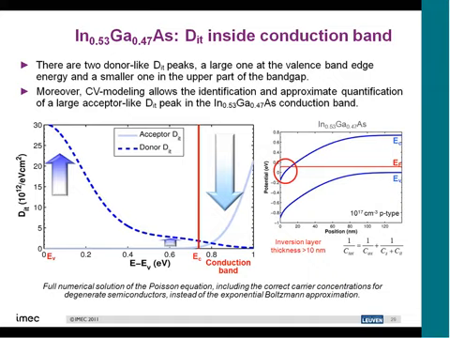III-V materials have lower density of states, which means that if you want to make an inversion layer in a III-V material, you do not have to move your Fermi level just up to the conduction band. Actually, you have to move it far into the conduction band just to generate enough carriers. This again is something completely different than in silicon. In silicon, we have the high density of states. If you move your Fermi level to the conduction band, you have sufficient carriers and you have a complete inversion